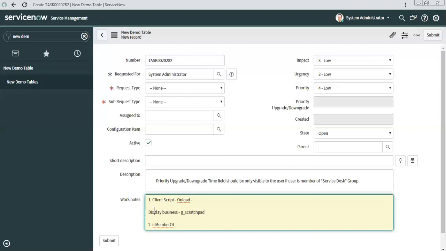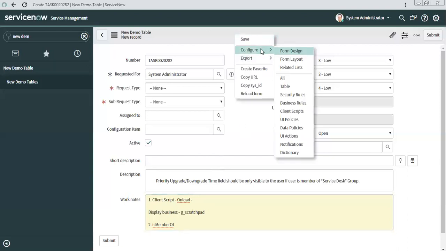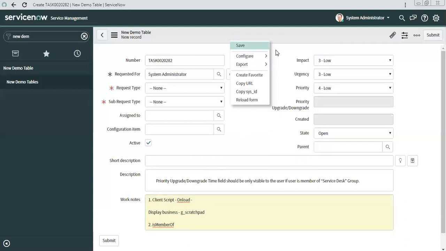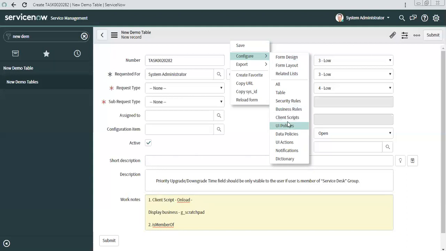This is the variable which gets passed to the client side, and in the client script you can directly access it. Okay, so let's start. First, we will create this variable in the display business rule. Configure the business rule.